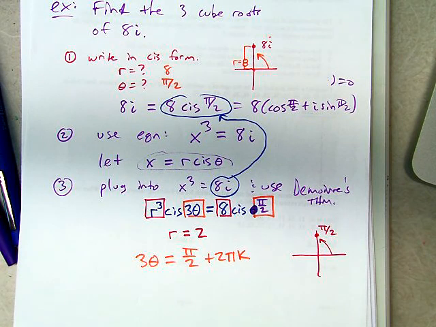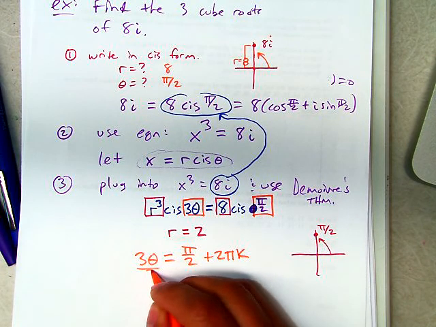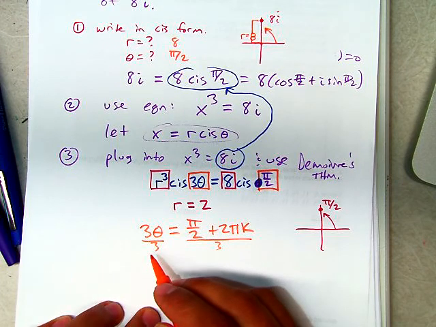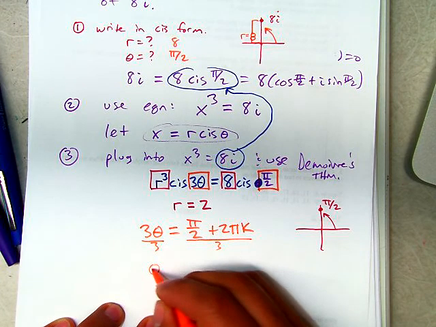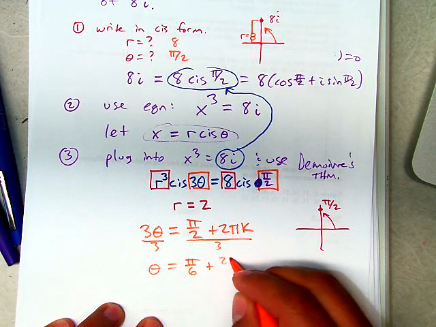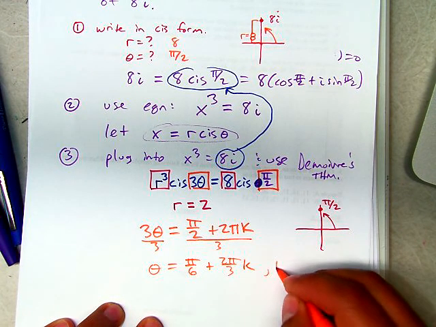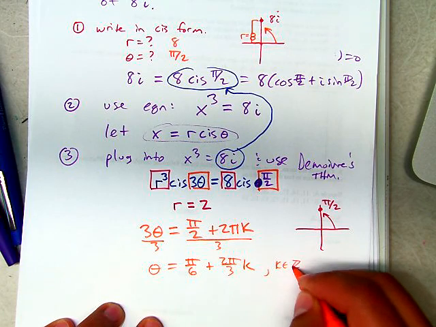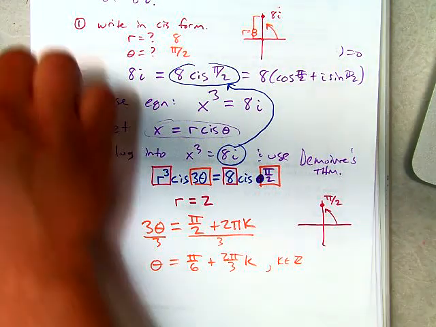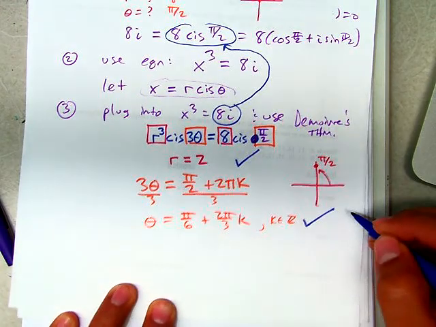So here's how we find all our answers now. We want to figure out theta, or what thetas to use. So we're going to divide this by 3. And now we get pi over 6 plus 2 pi over 3 times k. And again, k is any integer here, but we're going to pick some convenient values in just a second. Okay, so once we know what the radius is, and once we know what the angles are, rather,